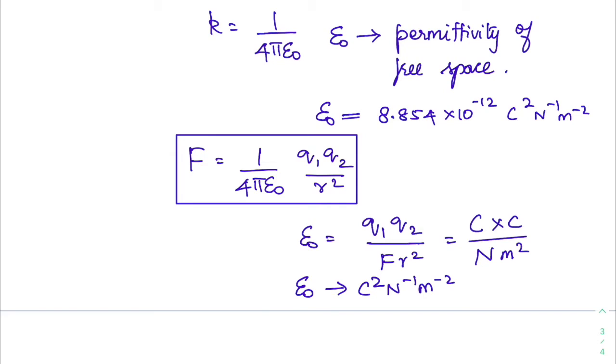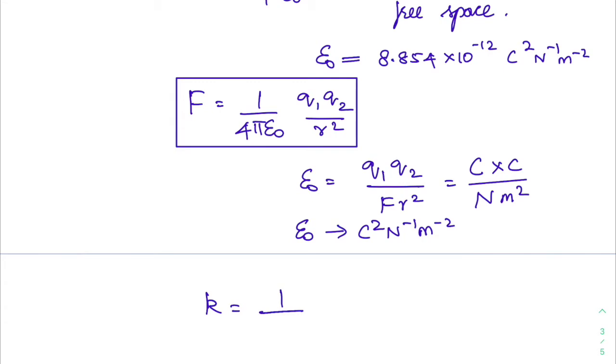This is the simple way to know the units. This is the easy way to derive a unit for a constant. We don't need to memorize the units of these kinds of dimensional constants. It is very easy for us to utilize the equation from which it has been arrived and find out its unit. K is also a constant, since in 4 pi epsilon naught, all three components are constant. So I can just substitute epsilon naught's value here and derive what K is.